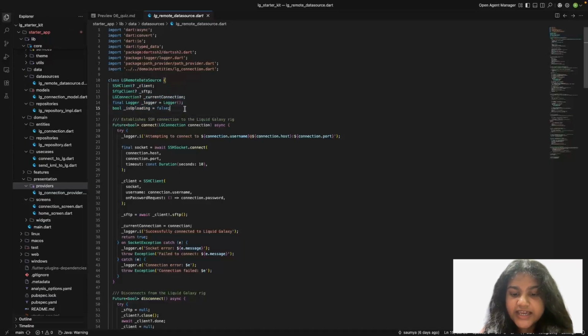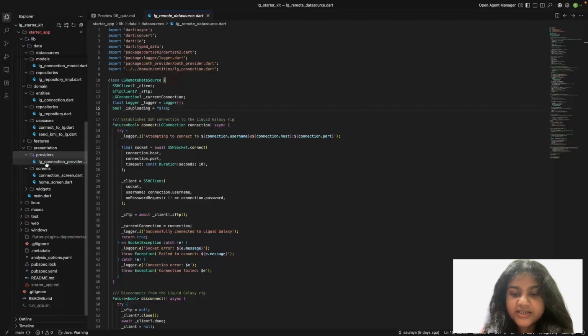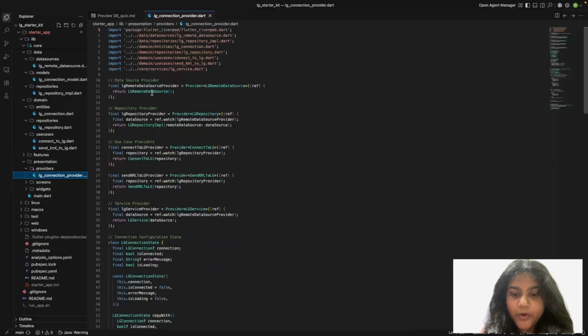The outermost shell is the presentation layer, which consists of the Flutter widgets and screens. The state management is handled here using Riverpod, specifically through providers like LG Service Provider, defined in the lgproviders.dart file. The user interface never communicates directly with the data layer. Instead, it watches these providers. This structure enables a reactive UI where changes in the connection status deep within the data layer automatically bubble up